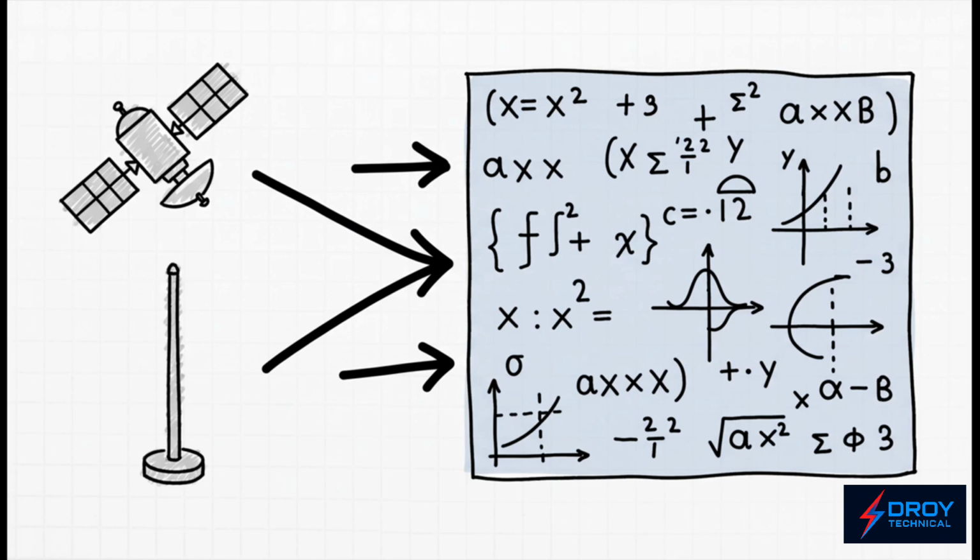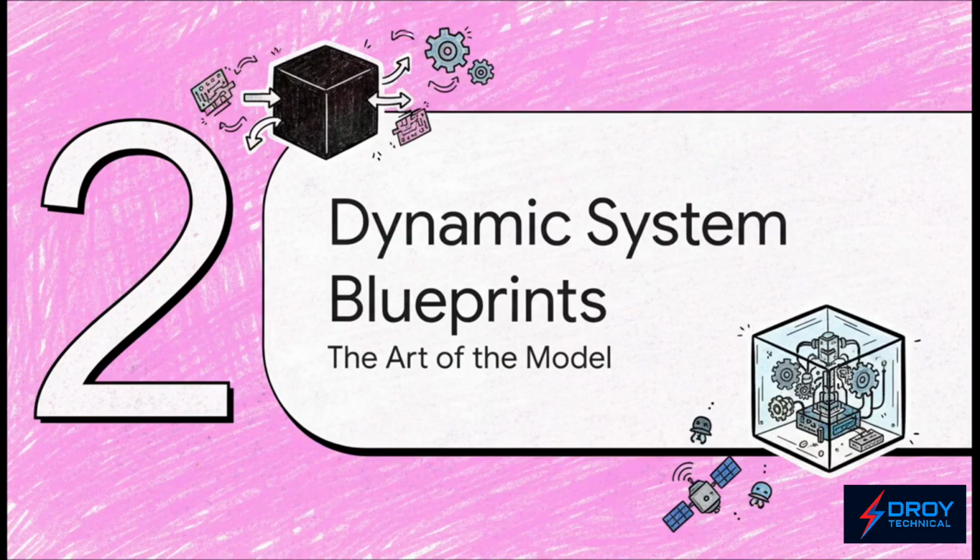Engineers create a blueprint of the system they're trying to control. But this blueprint isn't made of lines on paper. It's made of equations. It's a mathematical model that captures the physics of the pendulum or the satellite, letting them see the future in a way. This whole process, creating these special blueprints for systems that move and change, is what we call mathematical modeling. And believe me, it is the absolute bedrock of all modern control theory.